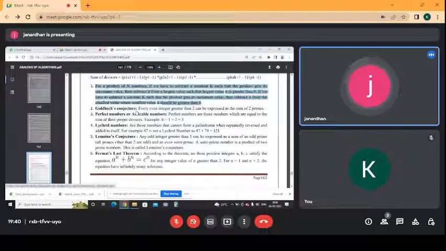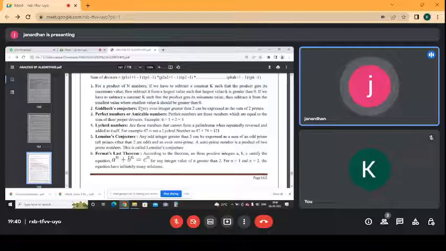Goldbach's conjecture: every even integer greater than 2 can be expressed as the sum of two prime numbers. Perfect numbers are